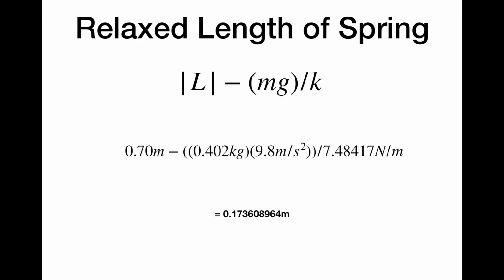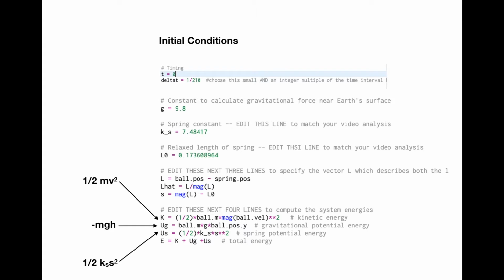Next, we compute the relaxed length of the spring, done using the magnitude of L minus the mass times the acceleration due to gravity over the k constant that we just computed. The resulting answer is 0.17361 meters. In order for the model to calculate these energies, it must also be able to predict the motion